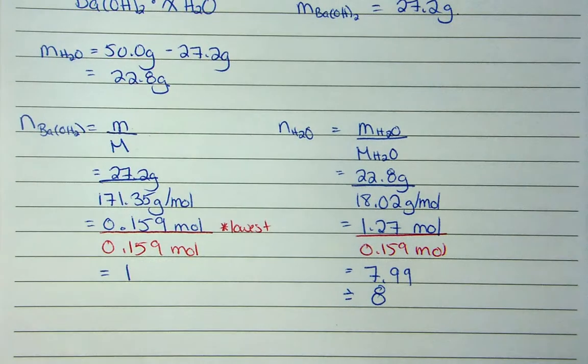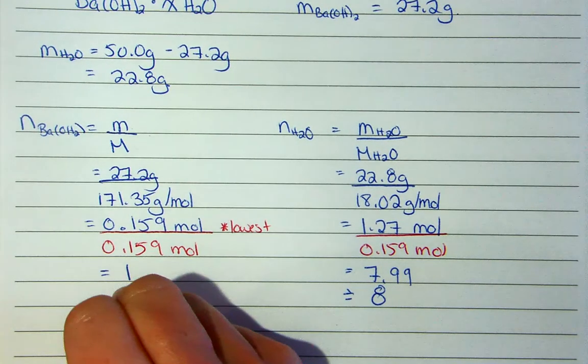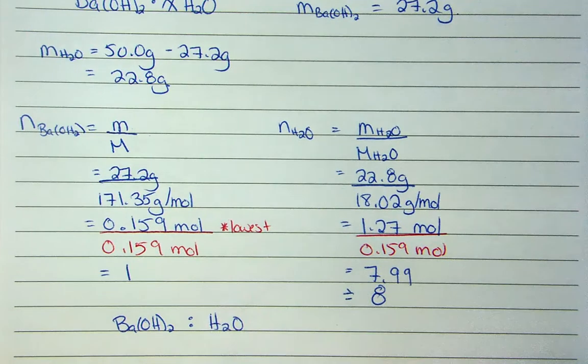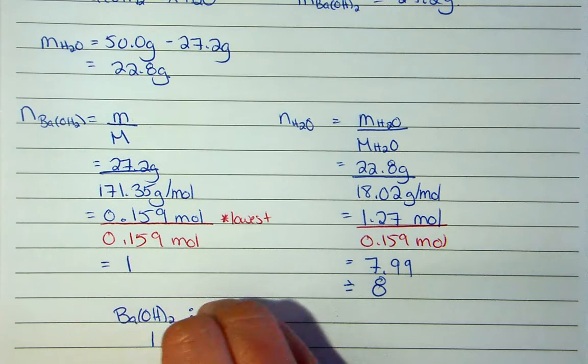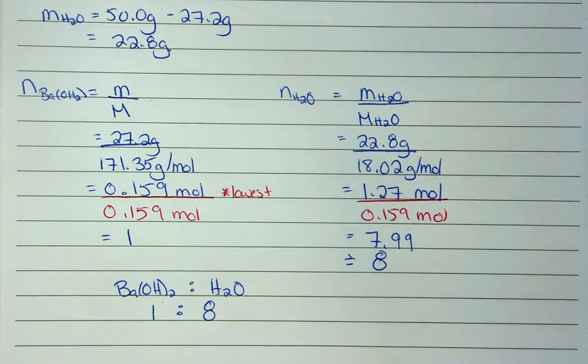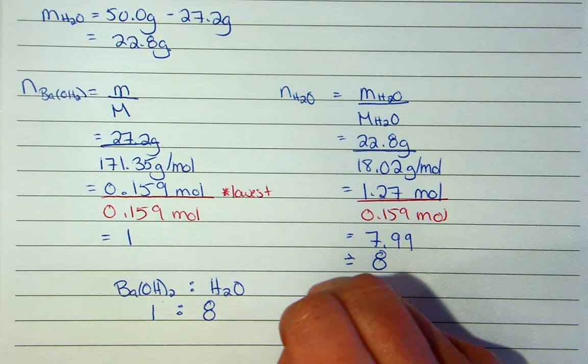So what does this tell you? The ratio of barium hydroxide to water is 1 to 8. So for every mole or formula unit of barium hydroxide, there are 8 formula units of water. So that means that we would write it as